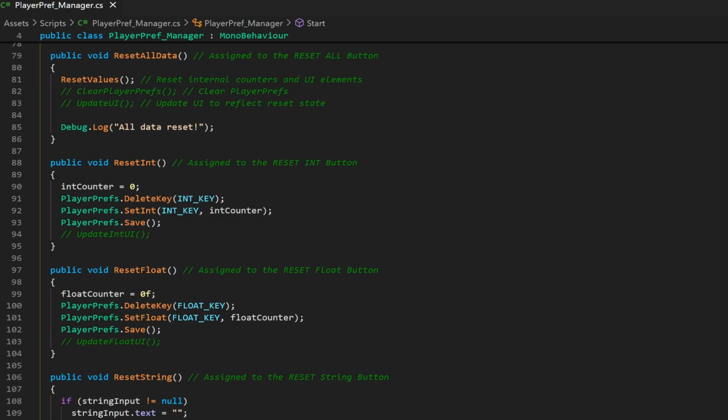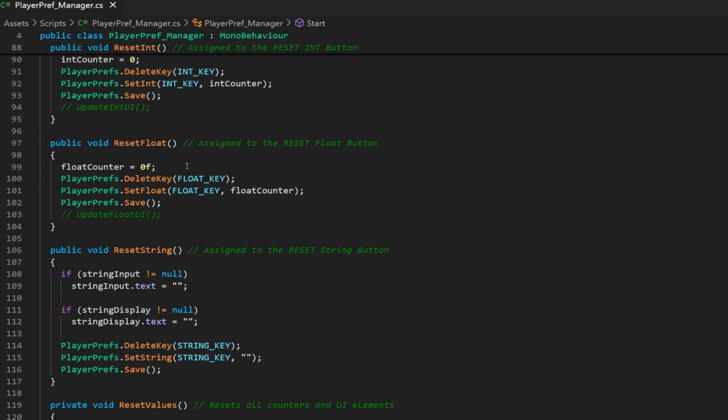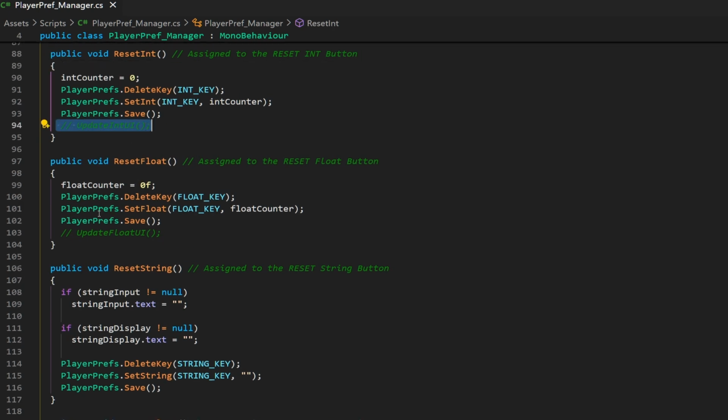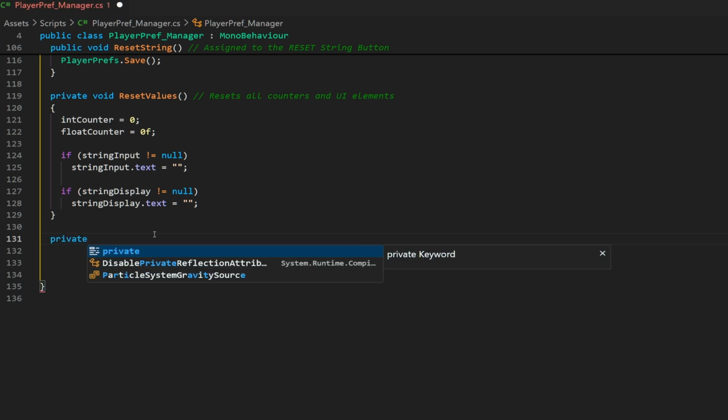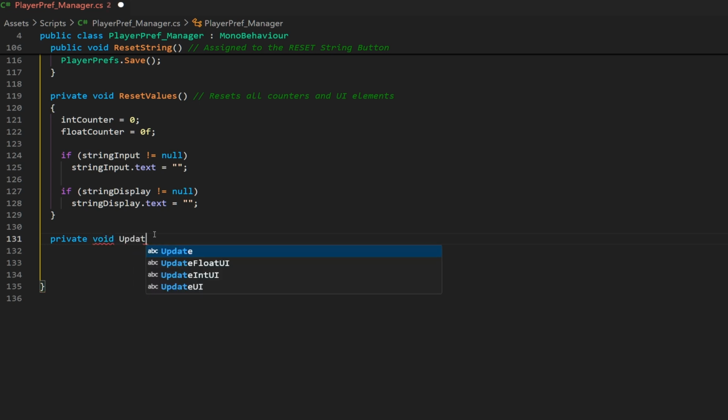The first one that we're going to make is the UpdateIntUI. This guy right there. And since these are just referenced within the script, we can make these private. We don't need to make these public like the other ones. We're not assigning that method to an on-click event for a game object. So we can just do private void UpdateIntUI